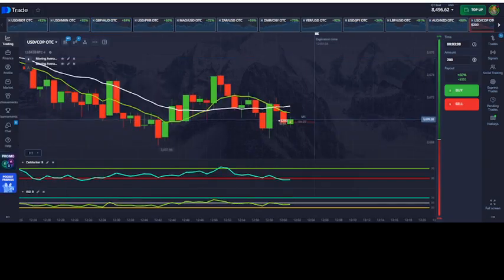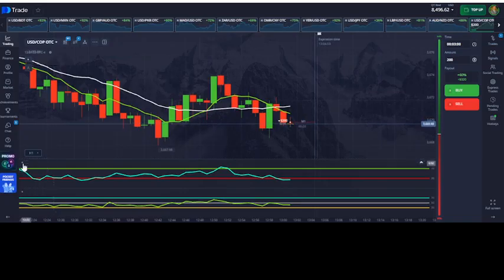Okay, so I'm back on the USD COP OTC pair, and I just took a short trade at this level here. And the reason why I took the short is we see here the green fast SMA line crossing over the slower SMA line here in a downward direction. And then secondly, the DeMarker